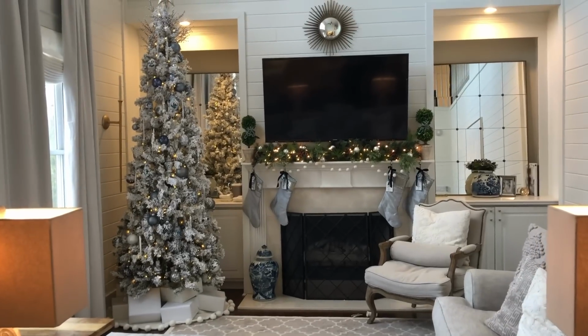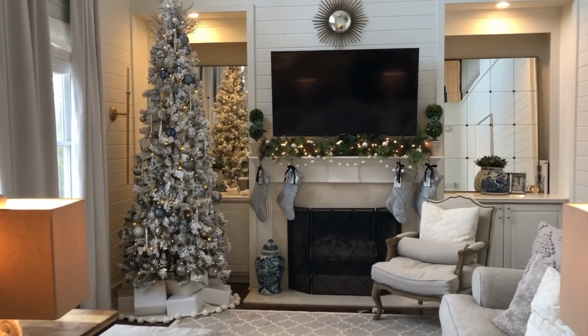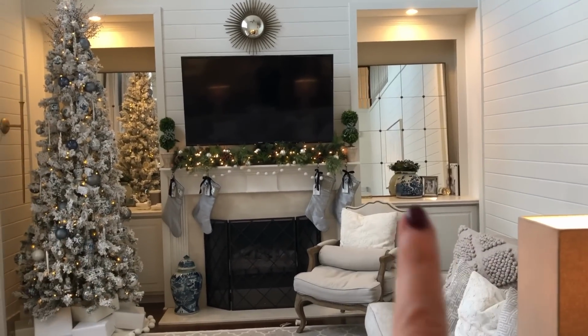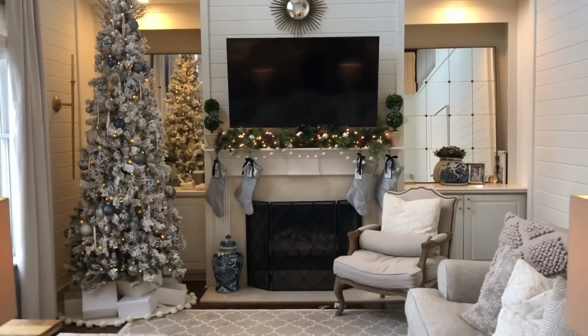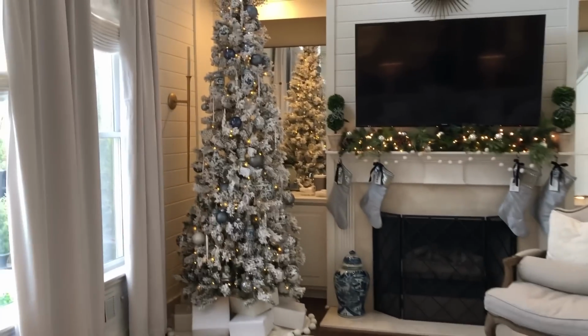I did everything in a very blue and white theme because I recently added my little blue and white jars back, which are my favorite. I got rid of a lot of my blue and white stuff, little random things I'd picked up, but my really nice pieces I kept. So it inspired me this year to, and don't be fooled by our family room, first of all,